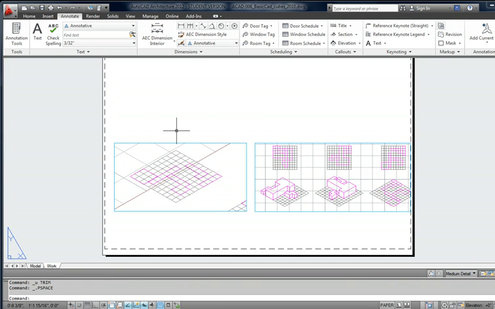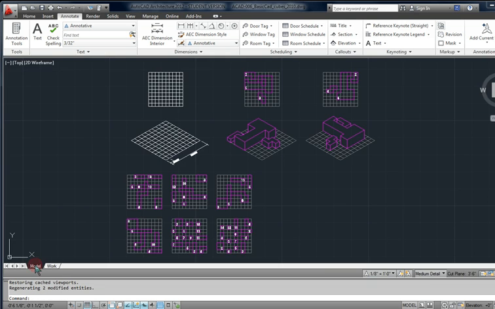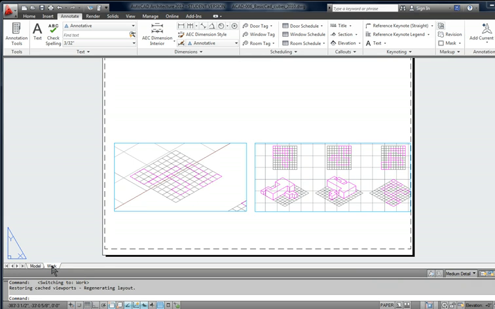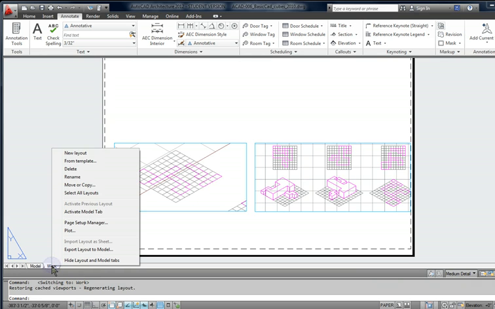So now this leads us to layout tabs: creating them, setting them to a printed PDF, changing the page setup size, the plotting, maybe the different pen styles, landscape, portrait mode, the entire logistics for setting up your page. To create multiple layout tabs, I'm going to bring my mouse over either the model or the work tab. It doesn't make any difference because I'm going to right click on them and then bring my mouse to new